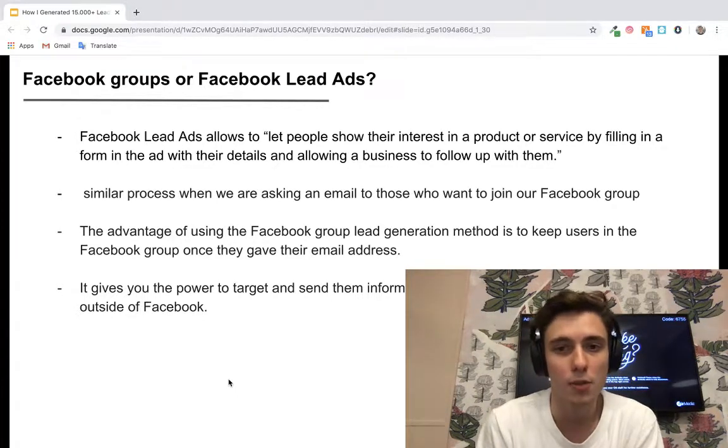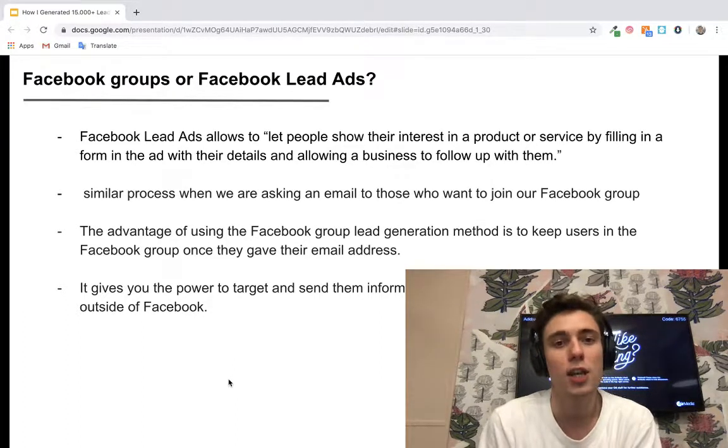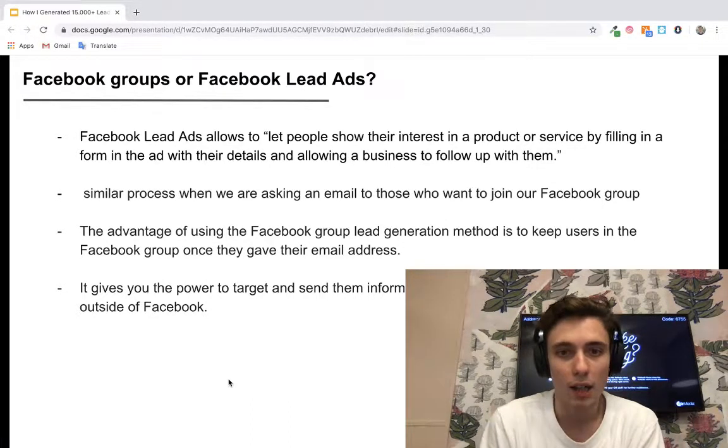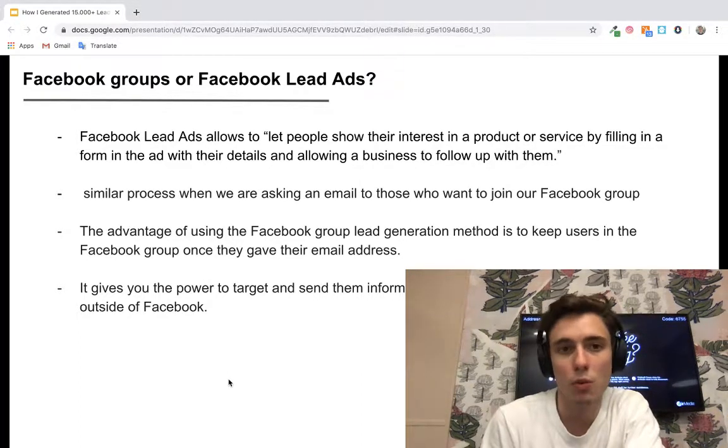That's why it's quite interesting to use the Facebook group to collect information, and after that use a cross channel strategy. I like using Facebook groups because you can target outside and inside of the Facebook group, all the community that you want to turn into customers.